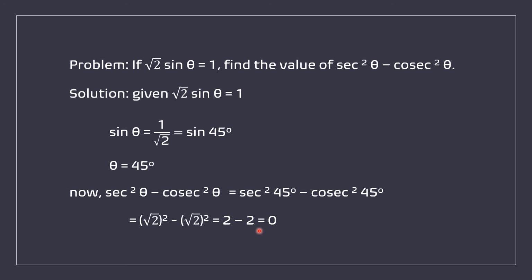You can do this sum only if you know the values. This problem can be done by taking a right triangle also, but here 1 by root 2 is there in our table, that's why you can apply directly. This is the simple way actually.